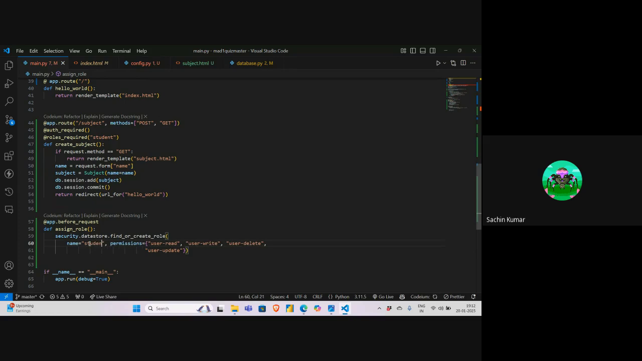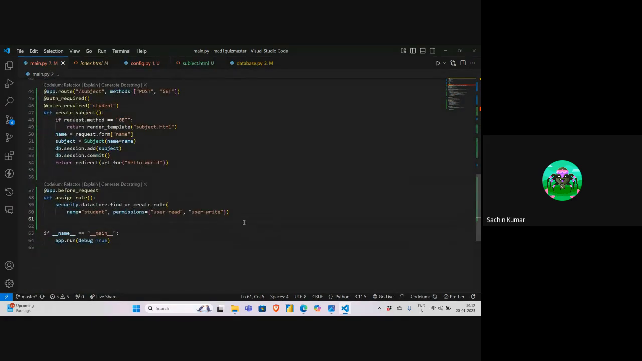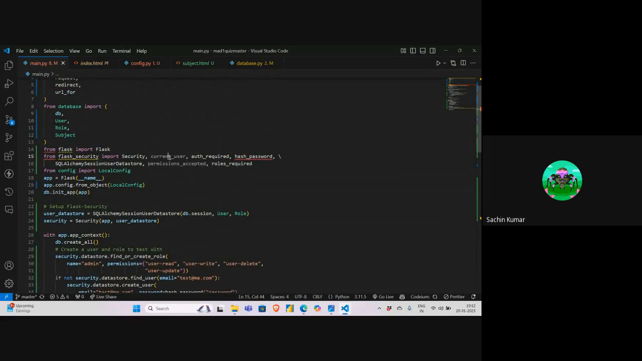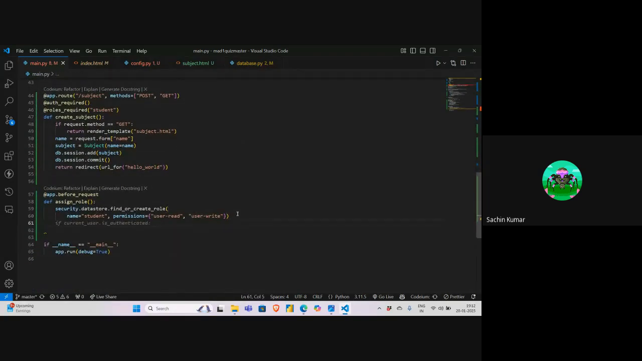and you can mention, I'll just give read and write access, not update and delete. Now you have created this role. Now you want to add the role to the current user. You have this context, current user. Since I know every new user will have this student role,